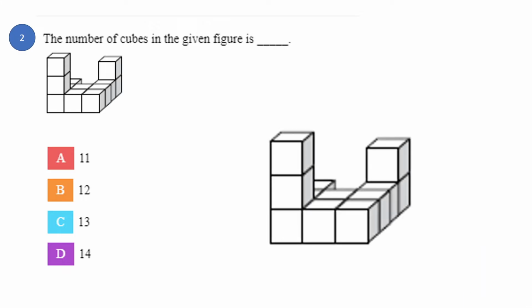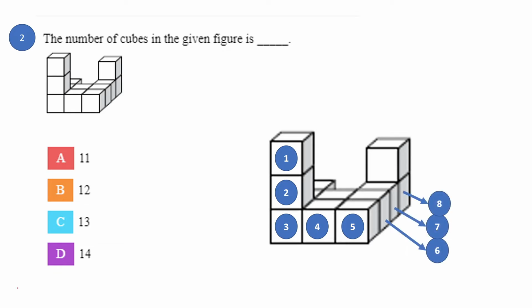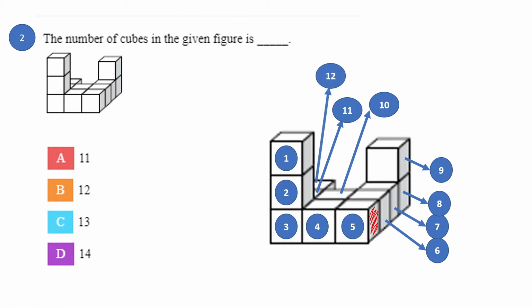Well, let's take a look at this image here. So here we have 1, 2, 3, 4, 5. These are the cubes facing us. Then we count the side cubes: 6, 7, 8. Remember, we do not count this one because it's part of cube number 5. So far we have 8 cubes. Now let's count the upper cube, 9th one, and the cube in center, 10th one. Remaining 2 cubes behind, which would be 11th and 12th cube. Hence your answer is option B, 12.